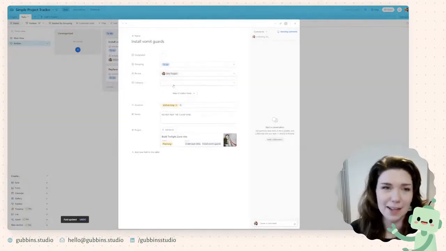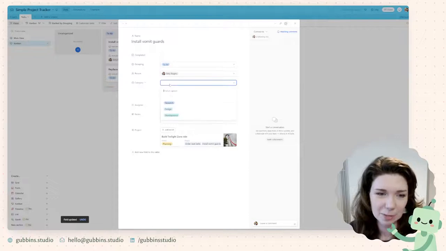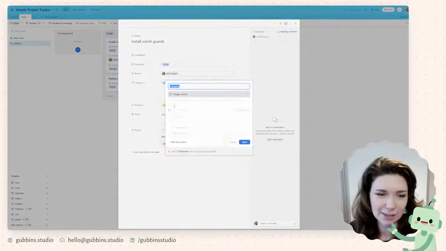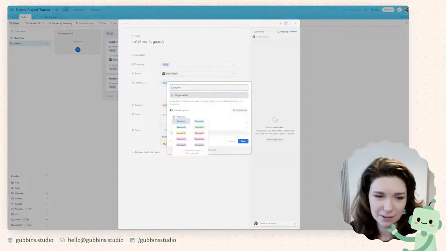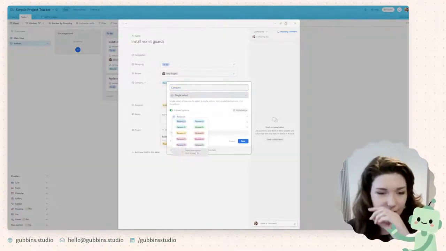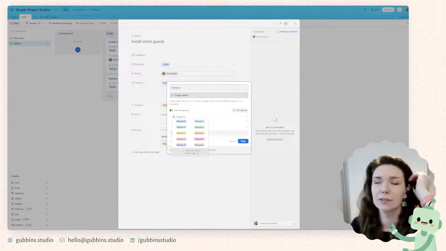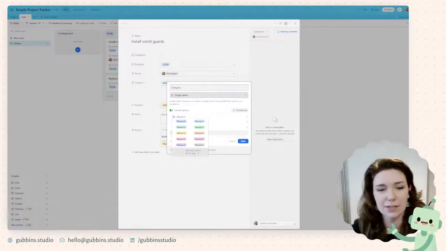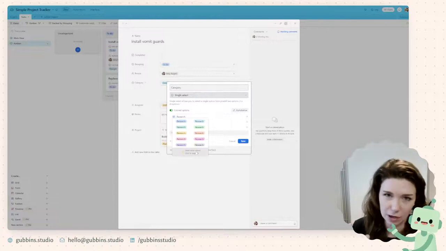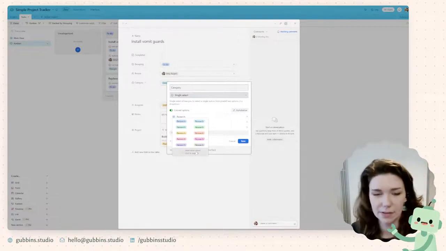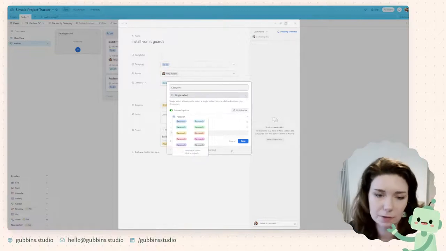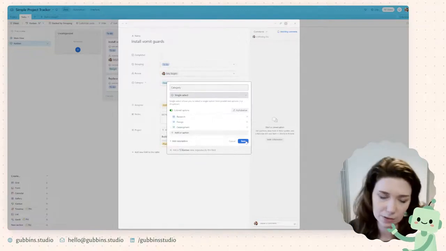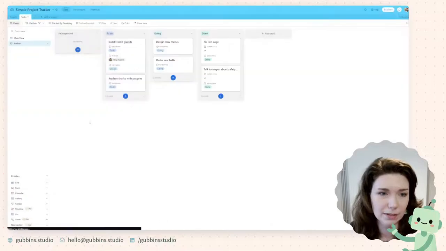The other thing I like about Airtable, this is very much an aside, but I just like their color palette. I just think these are really pretty hues. As far as I know, in the upgraded version they have dark colors, so instead of using all these pastels, they have dark blue and dark purple and stuff. But I don't think you can select your own hex codes like you could in ClickUp, for example. But that's okay. That's fine. I can live with that.